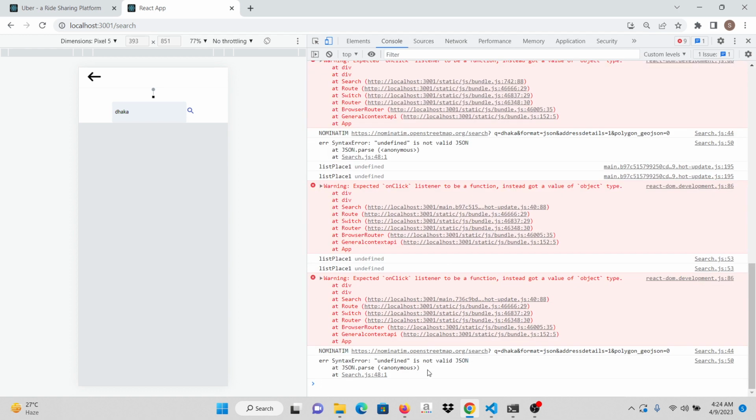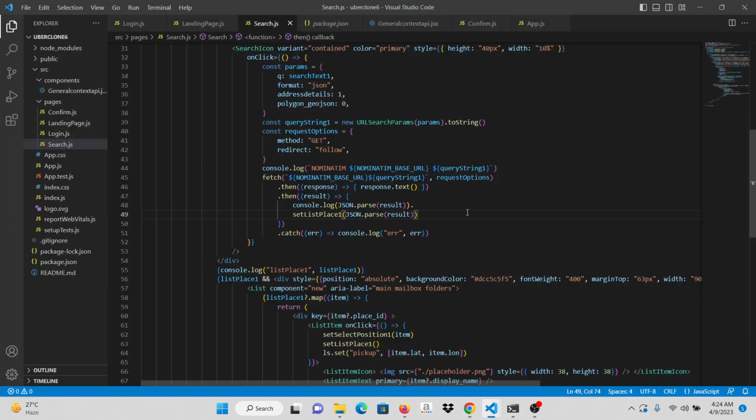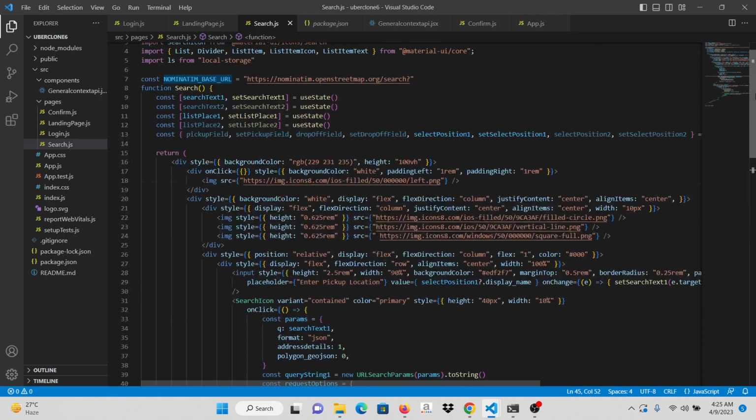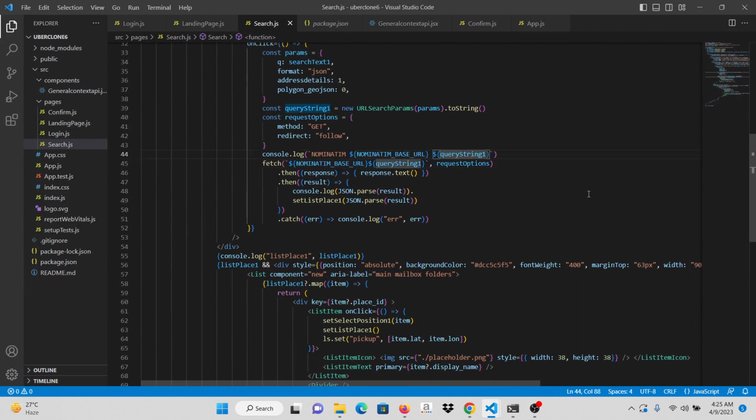Nothing undefined is on, so it's not returning any value. Why? Oh, okay. There should